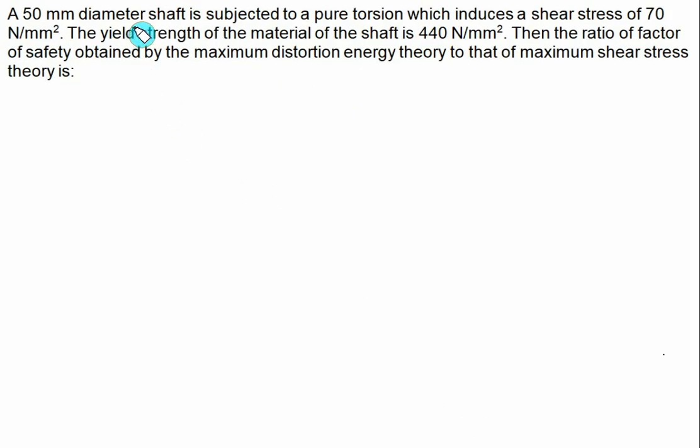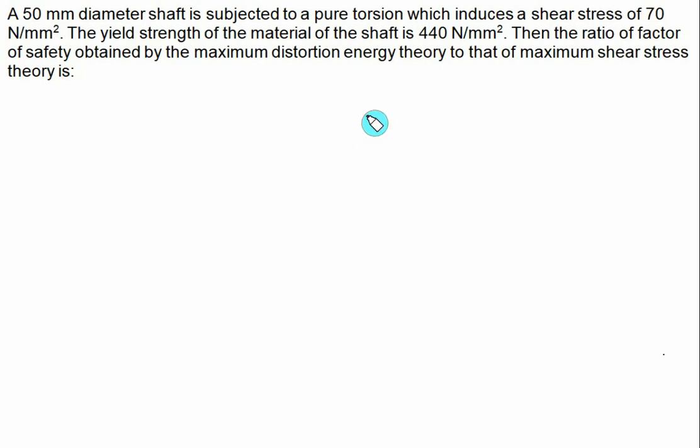A 50 mm diameter shaft is subjected to pure torsion, which induces a shear stress of 70 megapascal. The yield strength of the material of the shaft, SYT, is 440. Then we have to calculate the ratio of the factor of safety obtained by maximum distortion energy theory to that of maximum shear stress theory. In this case, we have to calculate the von Mises stress in the case of distortion